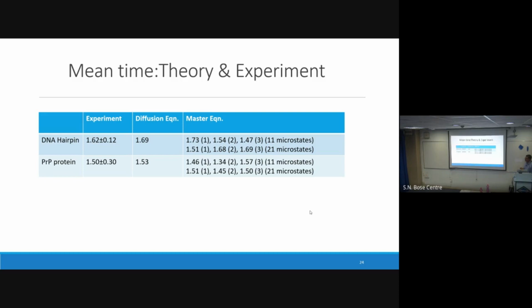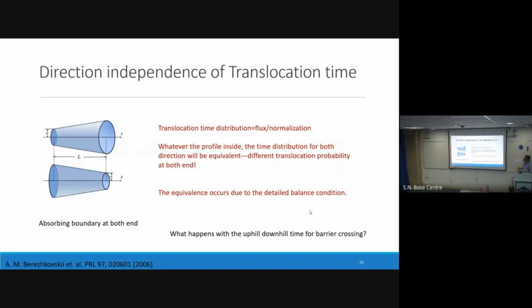Another misconception about barrier crossing is that people think the climbing of a barrier requires much more time than going down the barrier. We try to clarify this misconception, and to do so, we start with a simple available theoretical explanation,